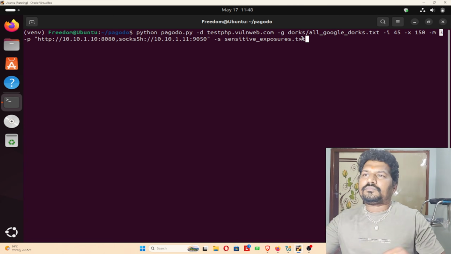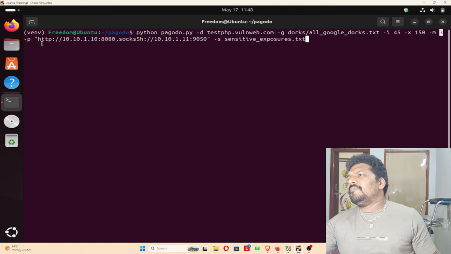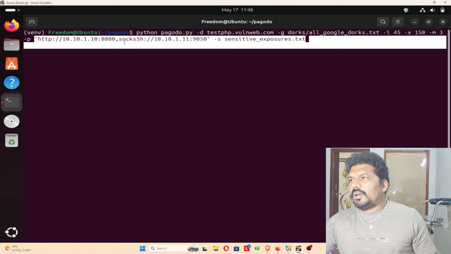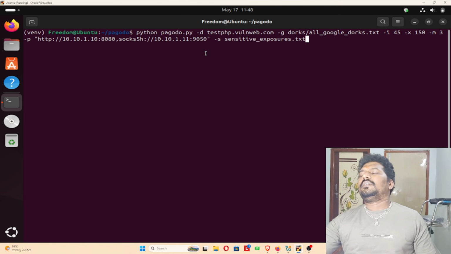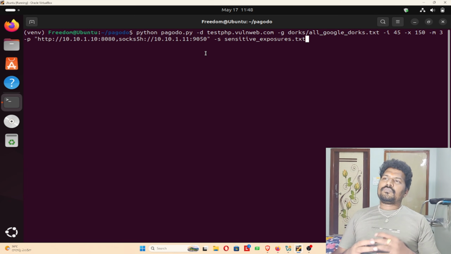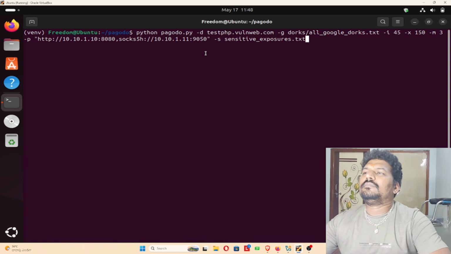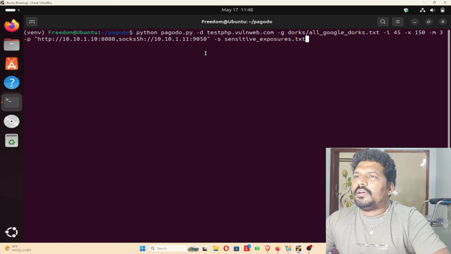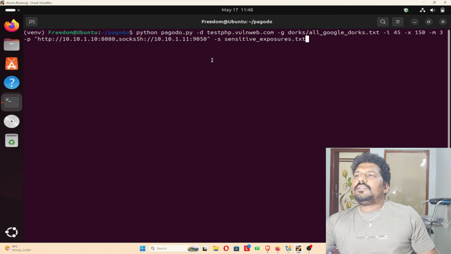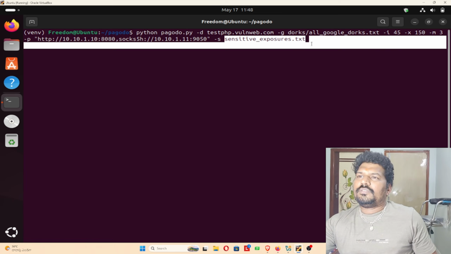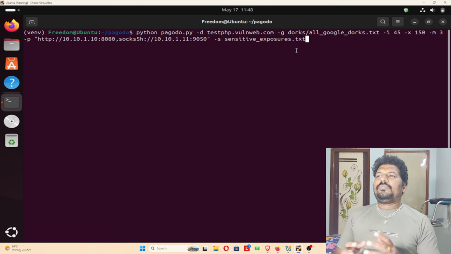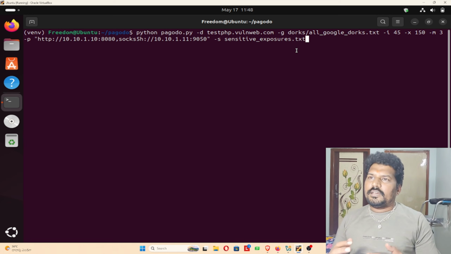Okay, that's what it means. And this URL you are looking at here is something related to OpenVPN. So it uses VPN IP addresses from these resources which are free, open, online. Okay, and when you see this sensitive_exposures.txt, this file contains